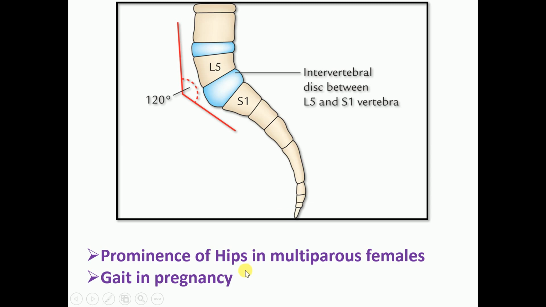And the second one is the gait in late pregnancy. The body of the fifth lumbar vertebra makes an angle of about 120 degrees with the sacrum. This angle is called the lumbosacral angle and it opens posteriorly because the intervertebral disc between L5 and S1 is thicker anteriorly than posteriorly. Forward tilting of the upper end of the sacrum due to weight is prevented by the nearby ligaments. In the last trimester of pregnancy, due to relaxation of the ligaments and additional body weight from the gravid uterus,